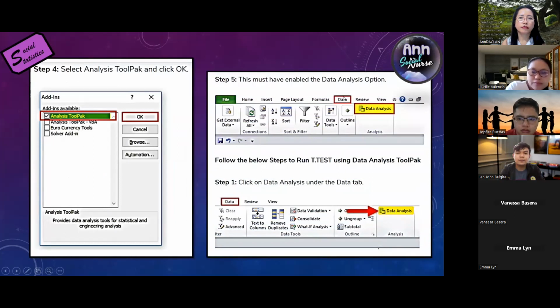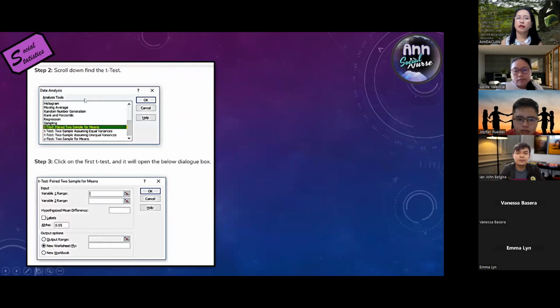So when you click Data, there is here Data Analysis. If you click Data Analysis, you have these choices, and it will be easier when you are going to choose this mode of